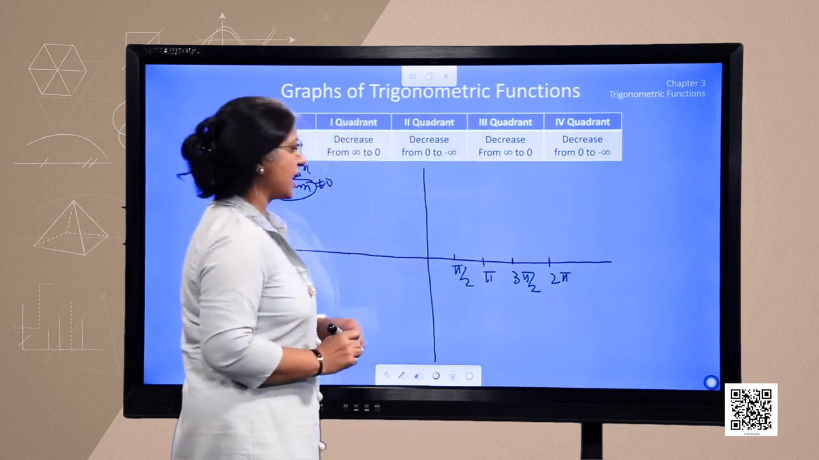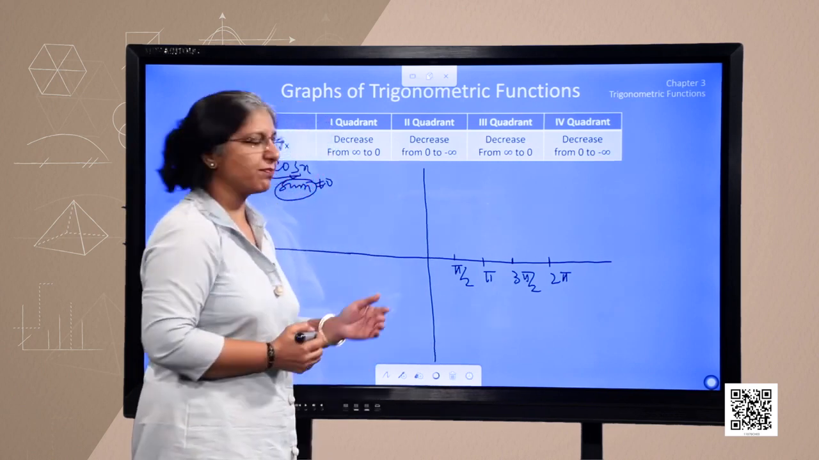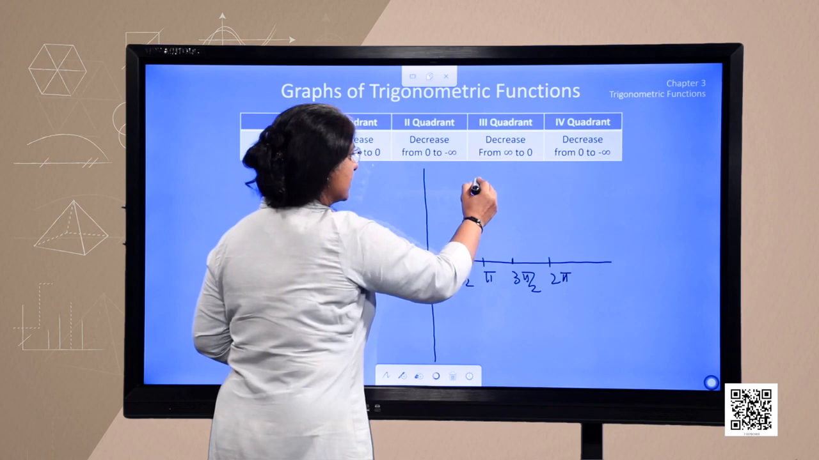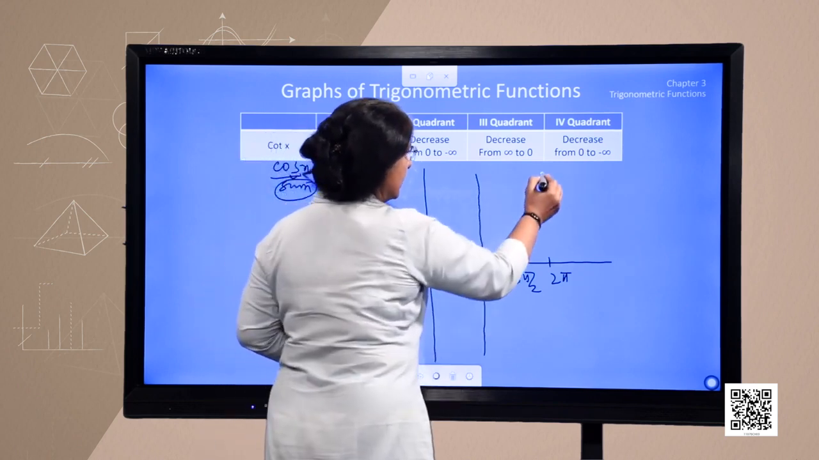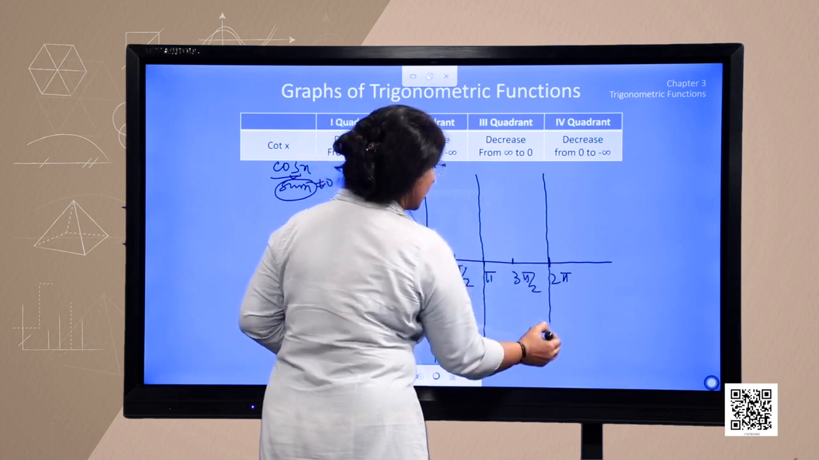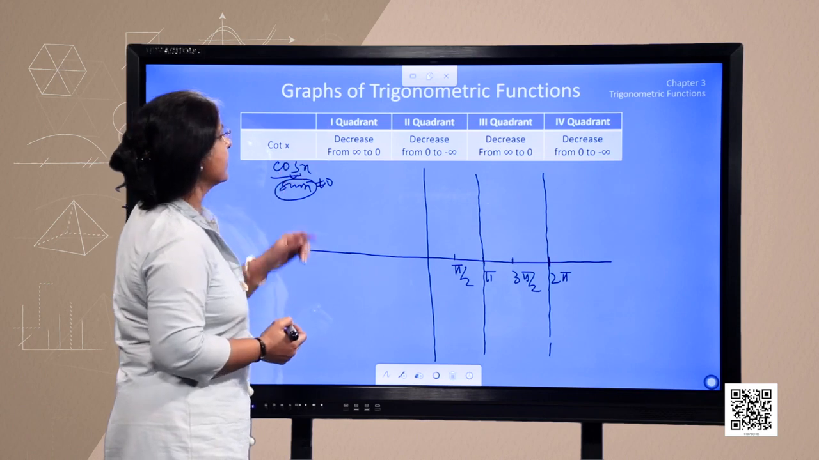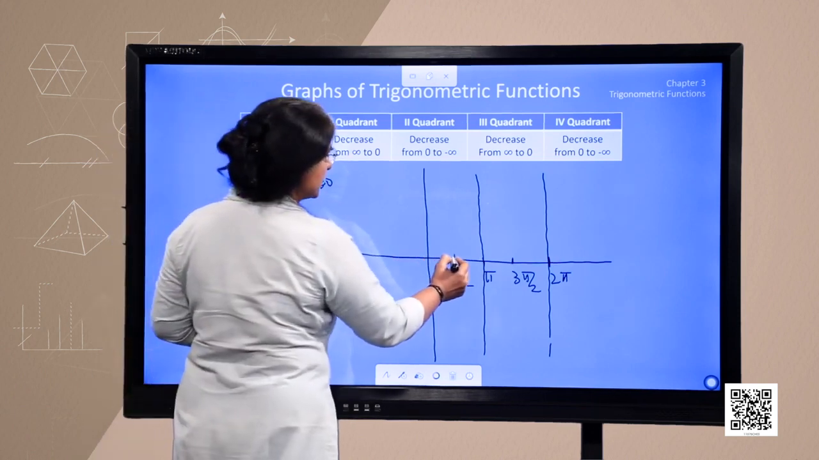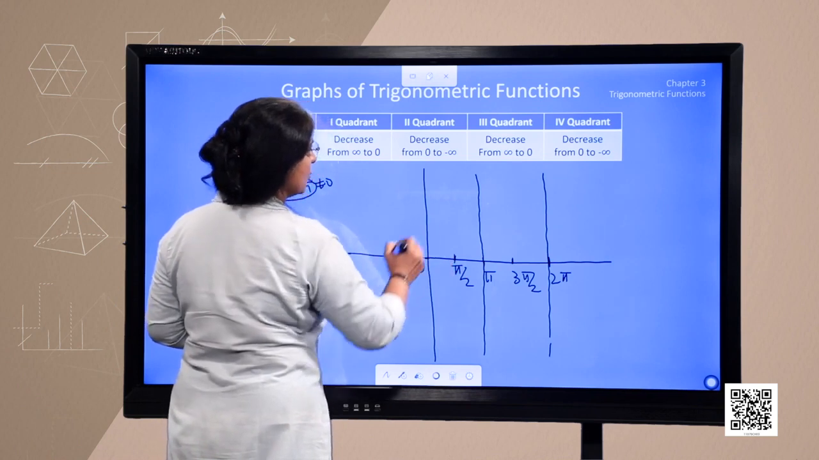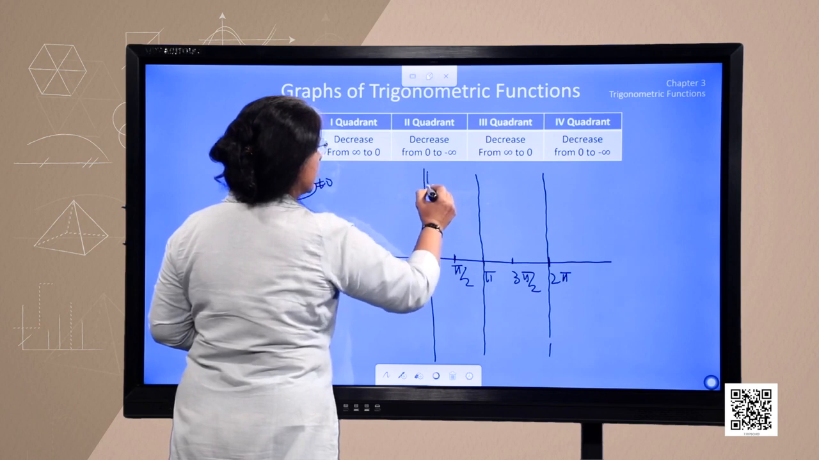Like in the previous graph, we demarcated integral multiples of odd multiples of pi by 2. Here we will demarcate these points, pi, 2 pi. Here our cot function is not defined. So, in the first quadrant, it decreases from infinity to 0. In the first quadrant, meaning from 0 to pi by 2, it is coming from this place,